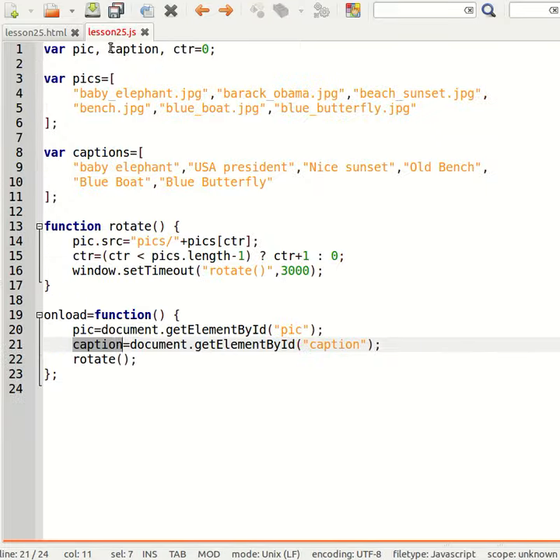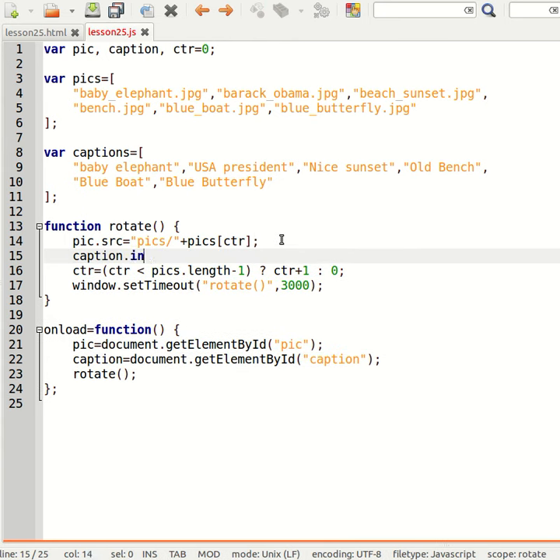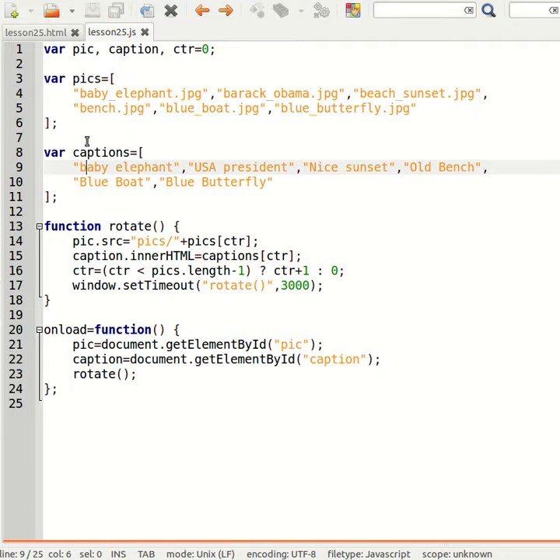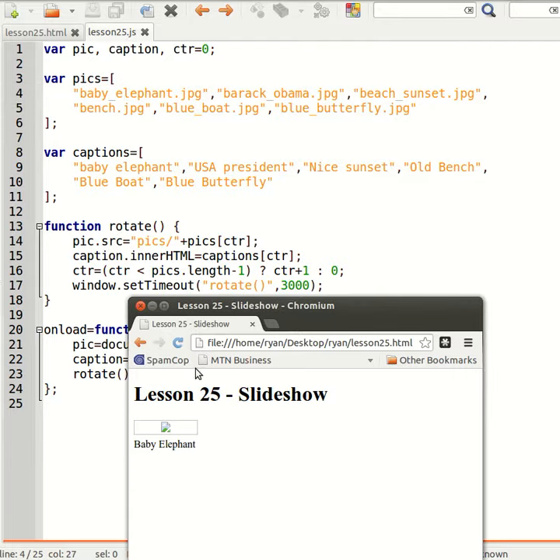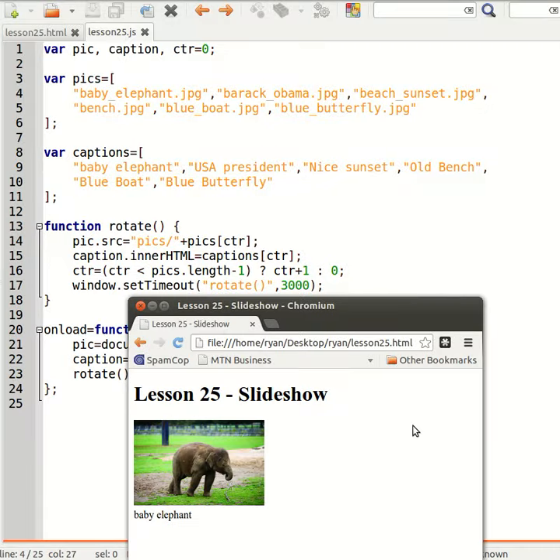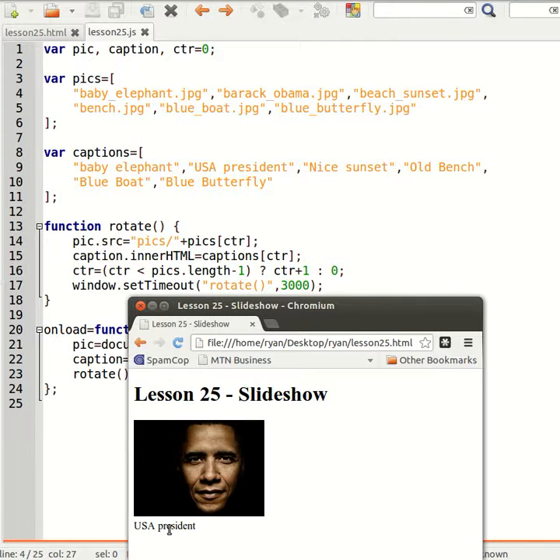of that text. So we'll say caption.innerHTML, and then we'll grab the caption from the captions array, and I'll just use the same counter I was using for the image so that the captions correspond to the images. Okay, so let's test this. So the caption rotated,